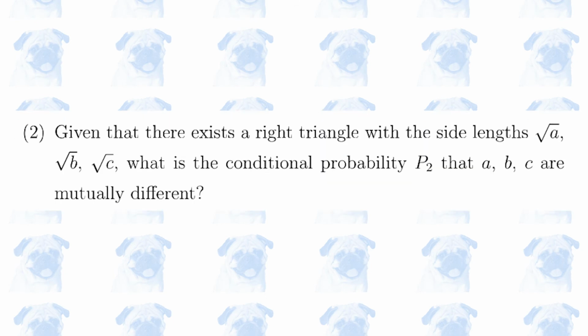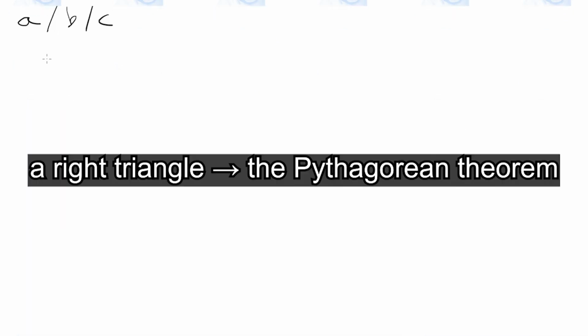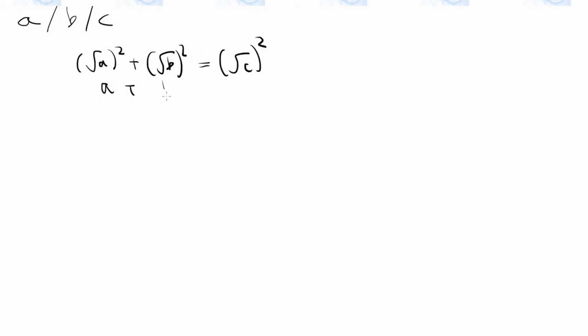Section 2, number 2. Given that there exists a right triangle with the side lengths root A, root B, and root C, what is the conditional probability that A, B, and C are mutually different? Given the fact that there exists a right triangle, from the Pythagorean theorem, we know that root A squared plus root B squared equals root C squared. So A plus B equals C. Likewise,